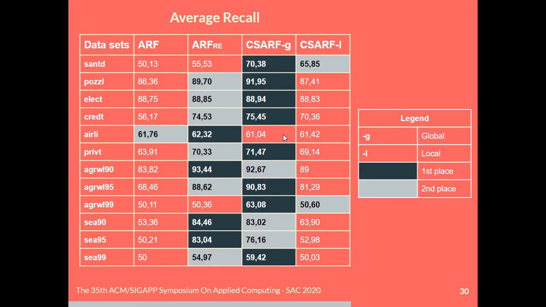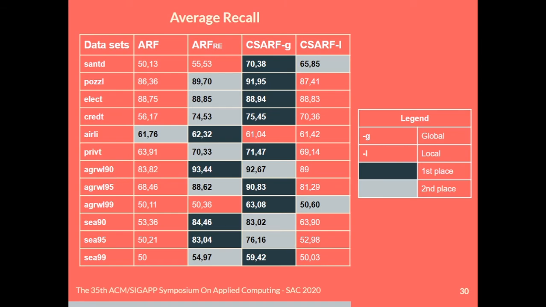However, as this is not a problem with a high degree of imbalance, the minority class instance is not that significant. When dealing with datasets where there is a high cost involved in classifying one class as another, opting for a classifier which correctly classifies the positive instances is crucial. This is clear in the credit, private, and synthetic datasets, where CSARF and ARFRE with resampling performed better, especially CSARF Global, which presented the best performance